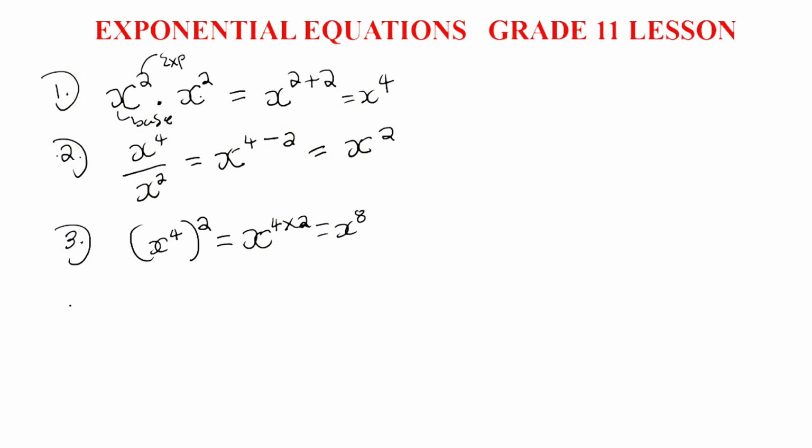Rule number 4, it says that anything to the power of 0 is 1. Anything to the exponent 0, it could be a number, 2 to the power of 0, it would be 1. And then rule number 5, it says that x to the power of minus 2, anything to the power of minus,